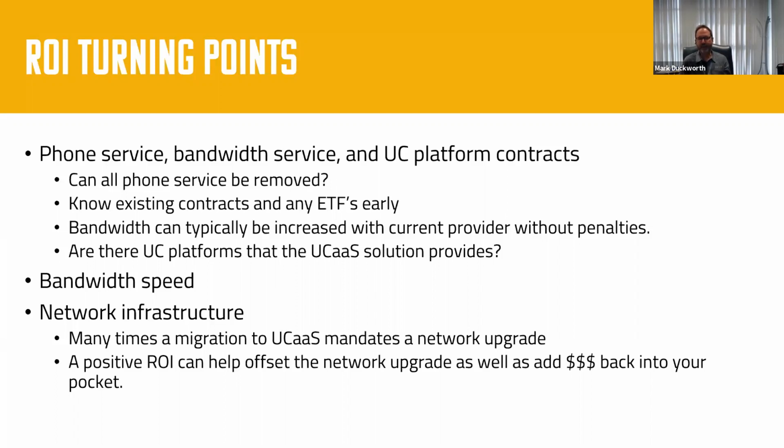Also, just as important is the network infrastructure, right? So if you're not upgrading the network infrastructure, just make sure you feel really good about its capacity. That they've got PoE switches, and if they're not using PoE, that you've got the right configuration. All the UCaaS phones are going to come with a power brick, so it doesn't matter if it's a Polycom or Yealink phone. You have a power brick. You'll be able to daisy chain those with an existing PC. So you've got a lot of flexibility in how you choose to install it, but it's really important to make sure you feel comfortable with this network infrastructure, right?